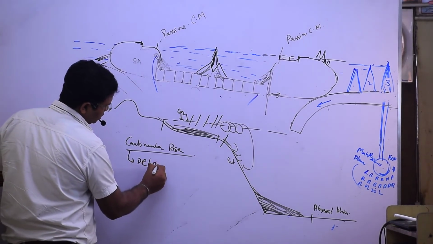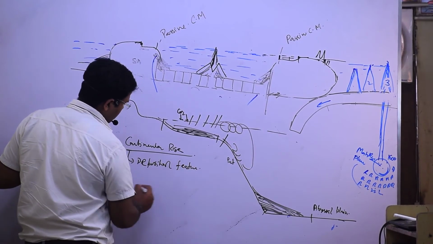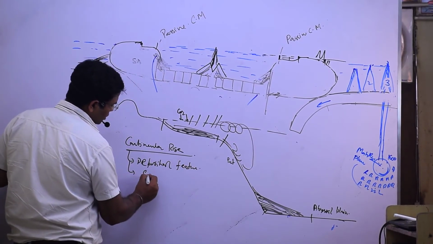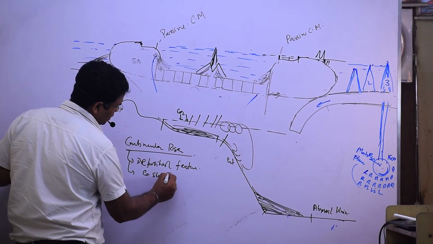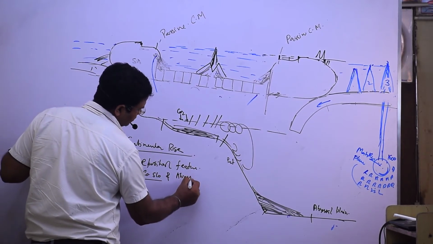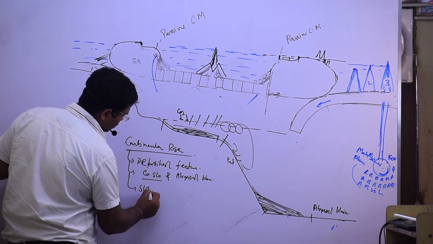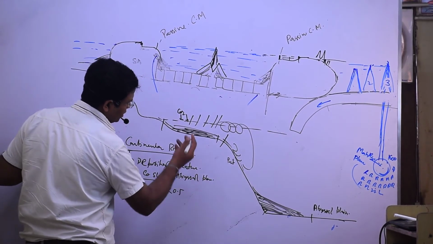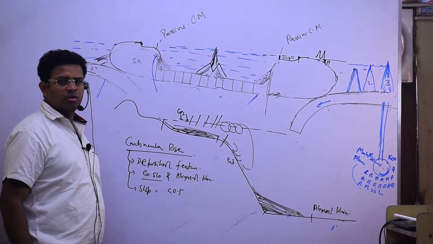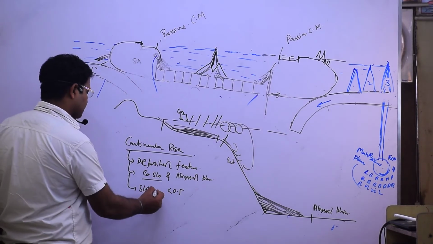It is a depositional feature lying between continental slope and abyssal plain, और इसकी slope जो होती है, that slope is less than 0.5 degree, similar to shelf. इसके slope जो angle होता है,